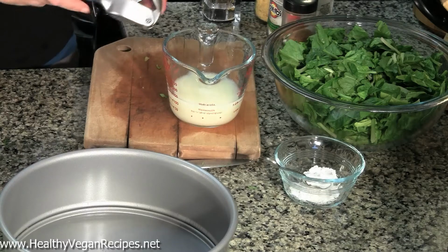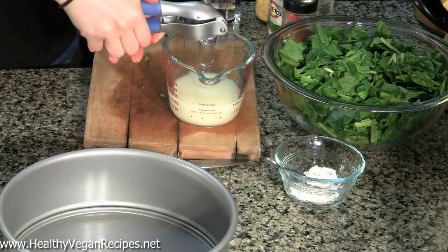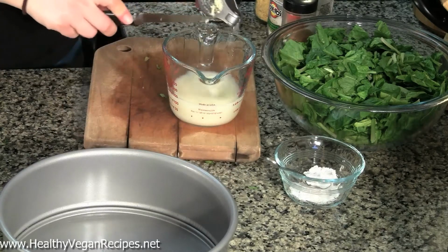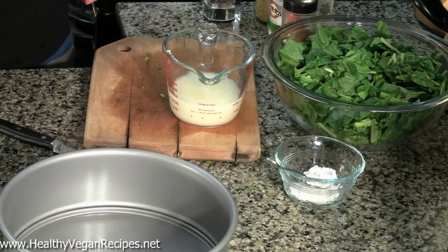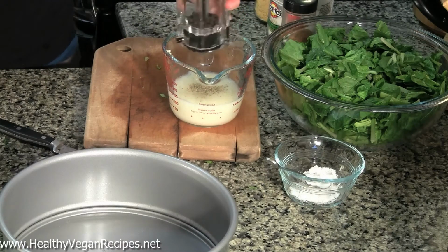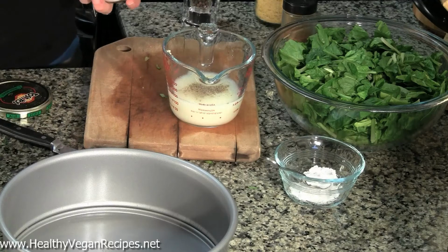What I'll do next is press some garlic in here. I'm just doing 1 clove. Keep things less intense than this one. And then I'm going to put some seasonings in here. I'm going to use some black pepper, some salt, as usual. And this sauce is going to go over all of the spinach and the potatoes, so